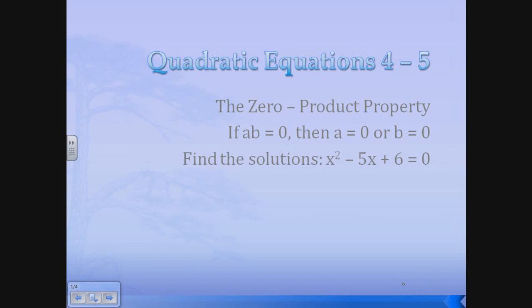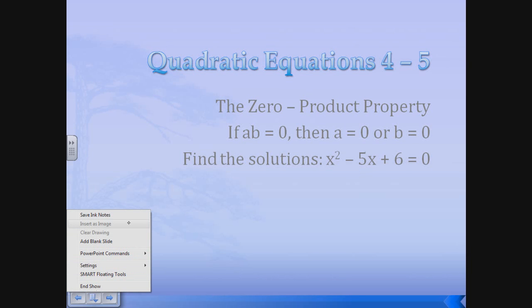Today we'll be learning about quadratic equations, section 4-5 in your book. The zero product property states that if A times B equals 0, then either A equals 0 or B equals 0. So if we look at this problem here, if we want to find the solutions, we're going to begin by factoring this problem